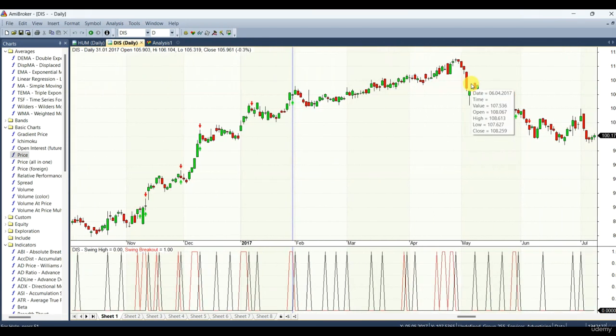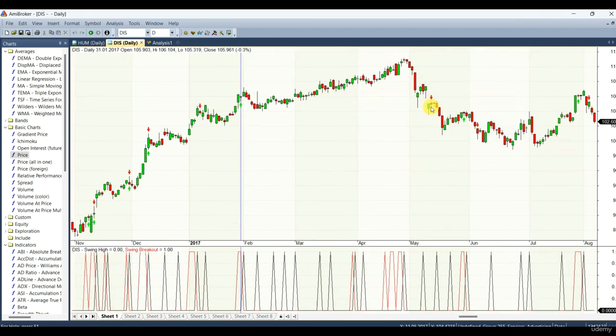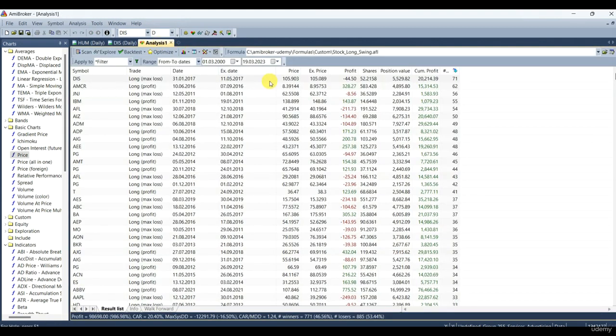It did not happen until this day, and we are exiting the day after on open. So yeah, such a long trade, a few weeks, was caused by the stock not moving so much. So again, a legitimate result. All right,